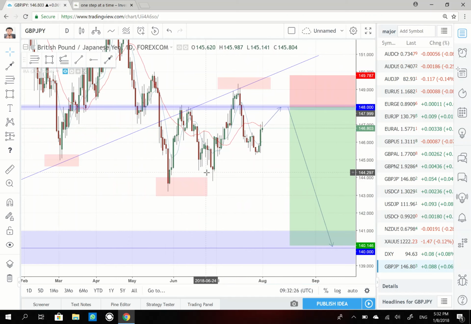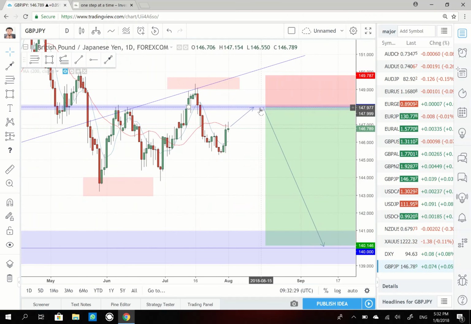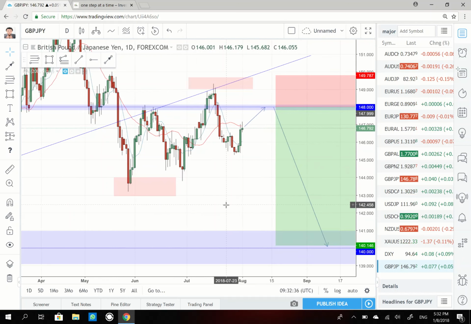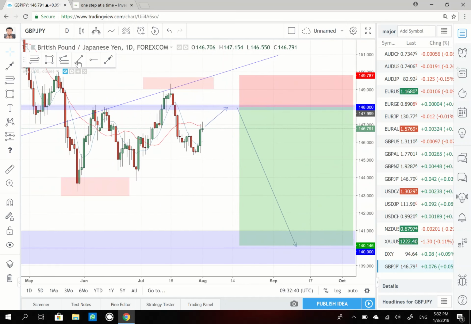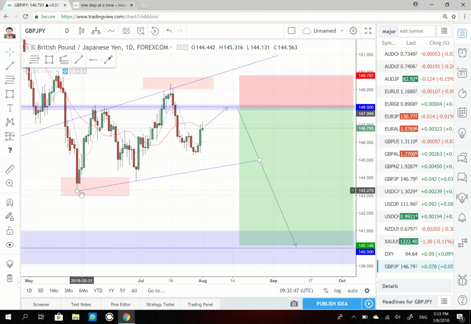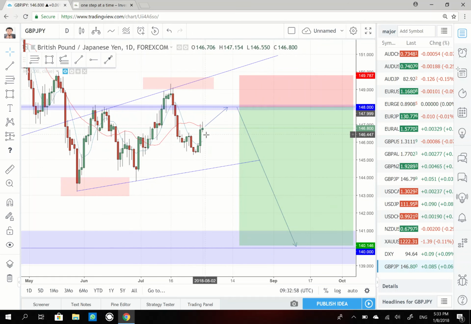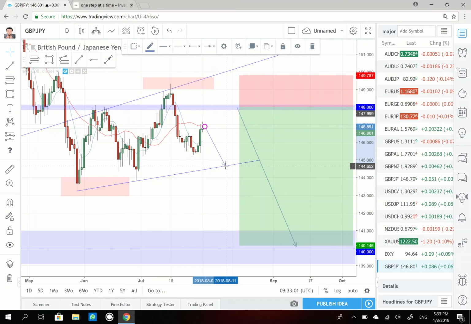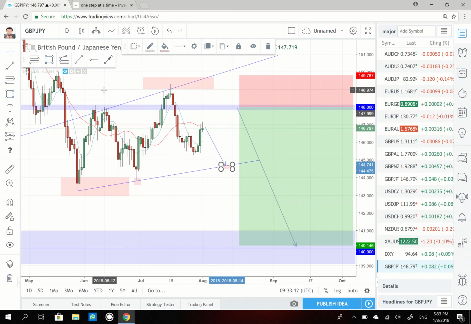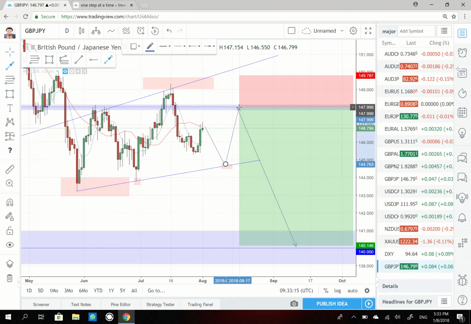So I hope the market will come up to 14800 and then melt all the way down to 140. Or what I will look for is, since price is making a slight bullish run over here, so I will see. Normally these trend lines are very subjective. Okay? Why? Because sometimes the price might come down over here. Normally it does one bounce, two bounces, and on the third bounce, price normally shoots up over here,